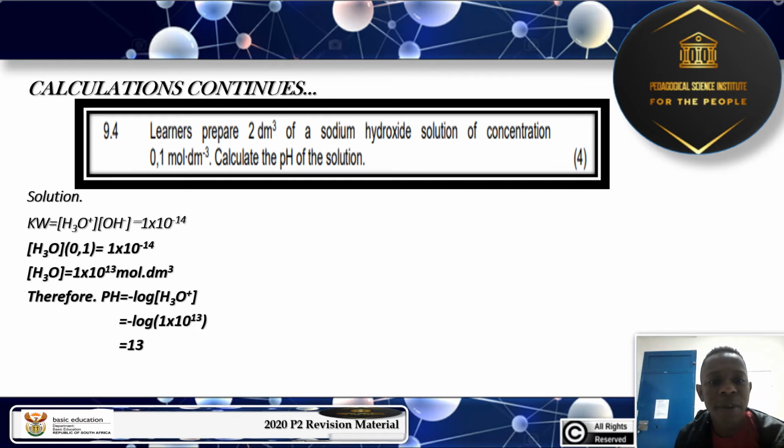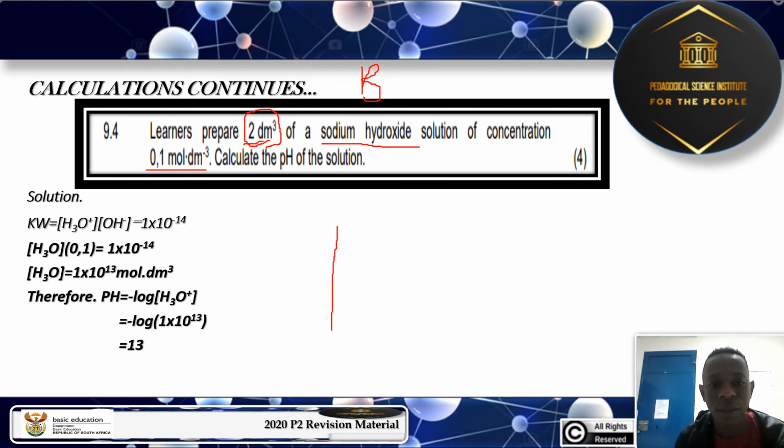9.4. Learners prepare 2 decimeter cubic, you can see this 2 decimeter cubic of sodium hydroxide. Sodium hydroxide, we know very well that sodium hydroxide is a what? It's a base. Of concentration 0,1. We are also given the concentration. Wow, they love us. Calculate the pH of the solution. Learners prepare 2 decimeter cubic, which is the volume of sodium hydroxide solution of concentration 0,1, and we must calculate